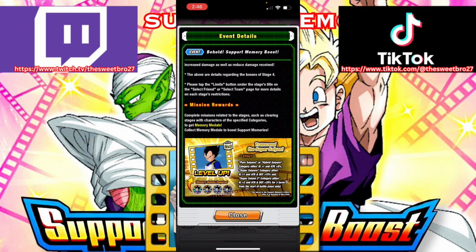Since events nowadays are so short, because of how they're 1 to 2 phases or whatever, these support memories that fade away but give you really high stat boosts at the start are amazing. So, pretty much what this is saying is if you are a part of the Super Saiyan 2 category, you are getting 33% attack, 25% defense, and 3 key for 3 turns. That's awesome. So any Super Saiyan or Super Saiyan 2 category ally are going to be getting more,